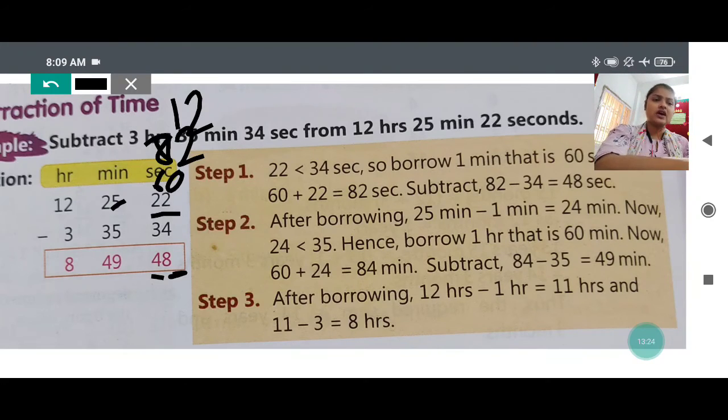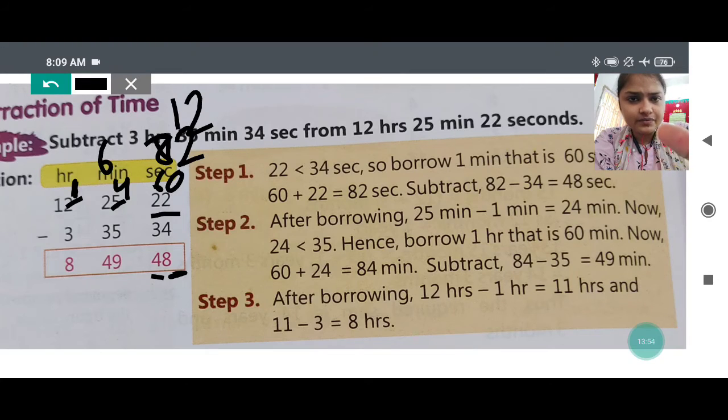Like I was explaining previously, if we do it that way, maybe you will get confused. So you do it like this only. You first take carry from the minute and add it completely in the seconds, and then you start taking carry. After that, we know that this minute has given 1, so it is 4. 4 minus 5 is not possible, so we have to take carry, and 2 minus 3 is also not possible, so it will take carry from this hour. It will become 11 and 60 will be added with this 25. So 25 plus 60 when you are doing, you are getting 85.